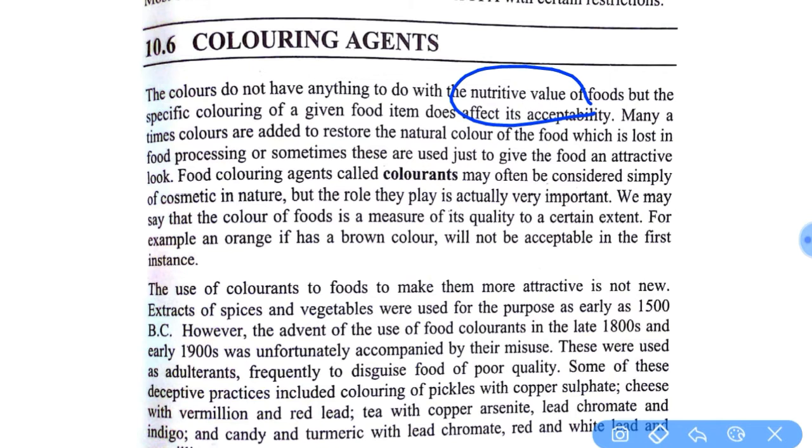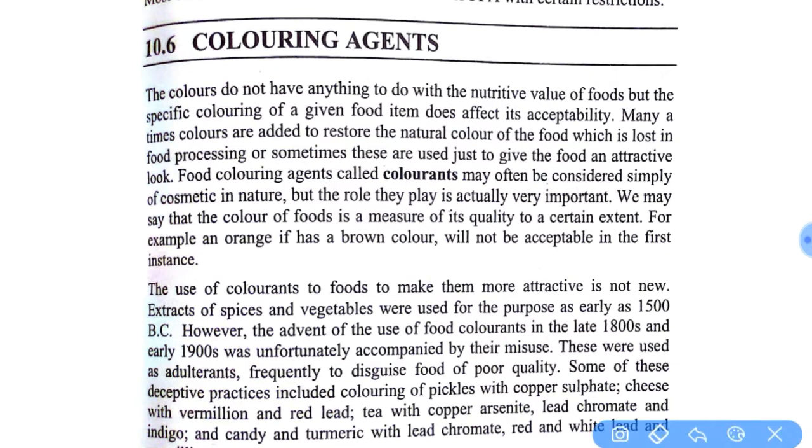Okay, and they may improve the color of the food, or they can regain the natural color of the food if it is damaged due to food processing, or sometimes these are just to give food an attractive look. So if color is lost in food processing, that is also regained with the help of food colorant. And we know these food colorants have been used long back. For example,